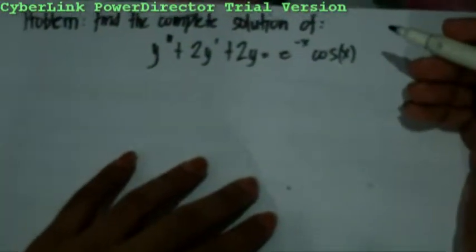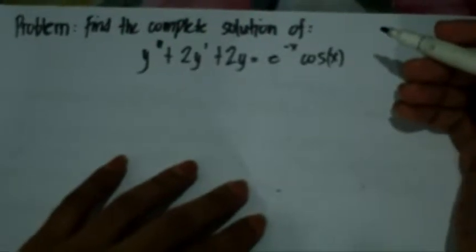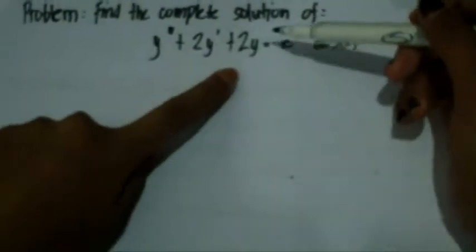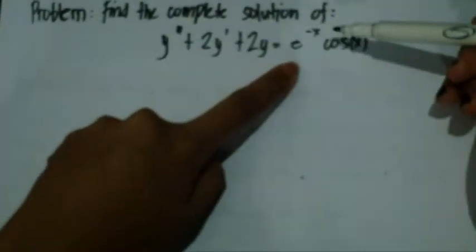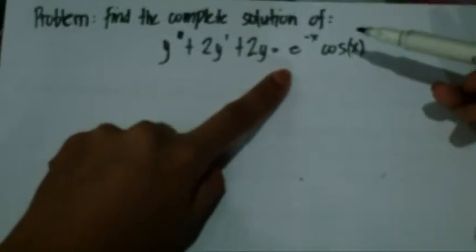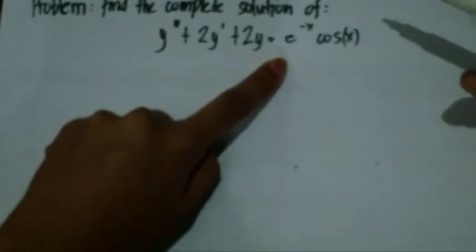Good day, folks. So today we're back again to solve some problems regarding higher order linear differential equations. So we have this problem: y double prime plus 2y prime plus 2y is equal to e raised to negative x times cosine x. So we're going to use y is equal to e raised to mx,